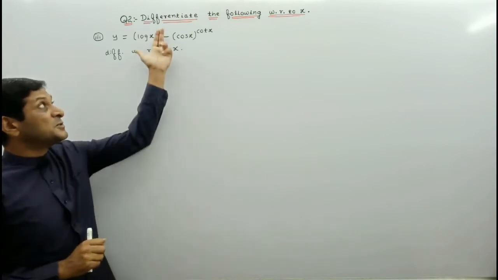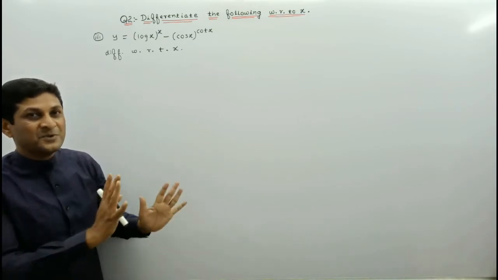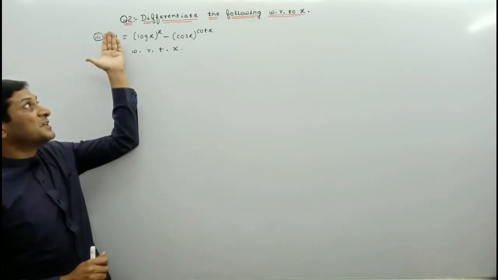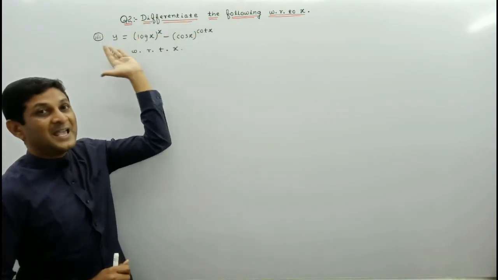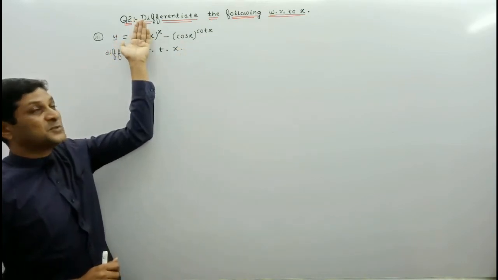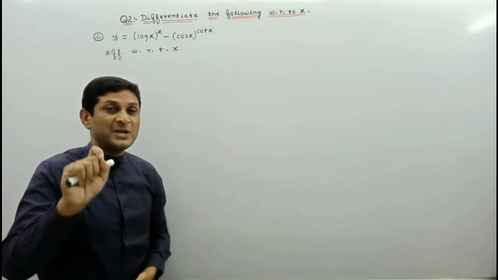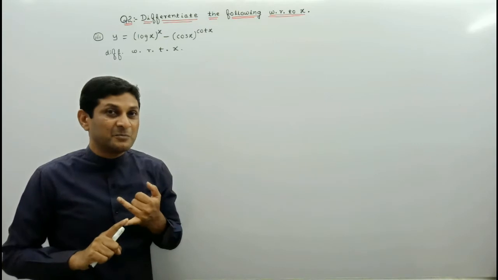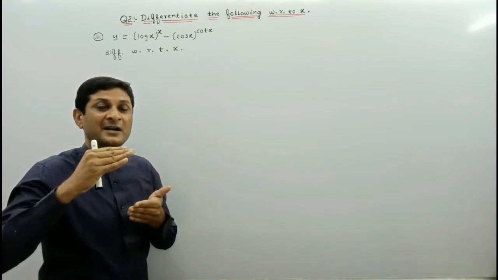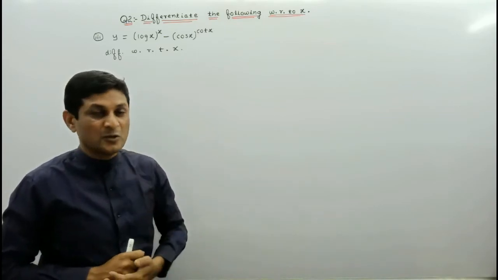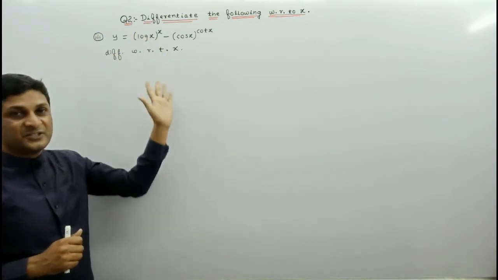But in this case two terms are connected by minus, that's why we are not able to directly take log on both sides. We already discussed that in the last two examples, because if we take log here, the terms will be in the form of log of a minus b, and we do not have a law of logarithm for a minus b. We can apply laws of logarithm in case of multiplication and division, meaning log of a into b can be written as log a plus log b, and log of a divided by b can be written as log a minus log b. There is no formula for addition and subtraction. That's why we have to find the separate differentiation of both the terms.